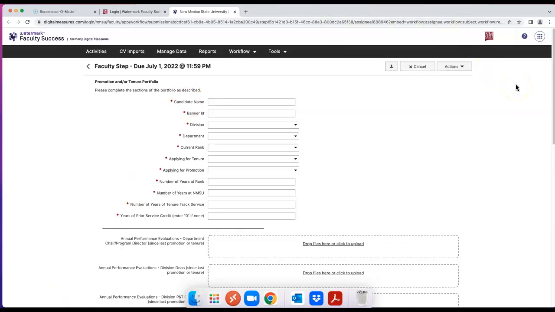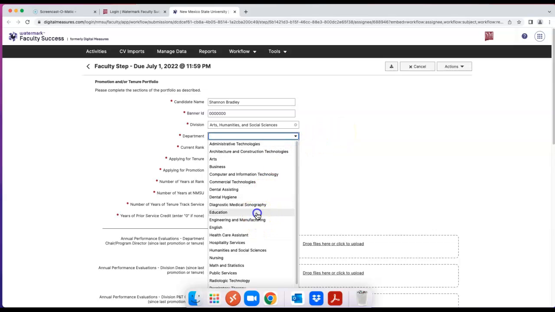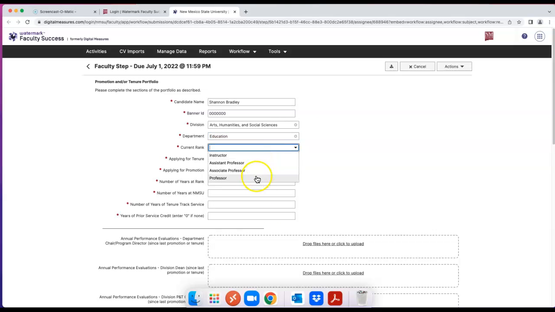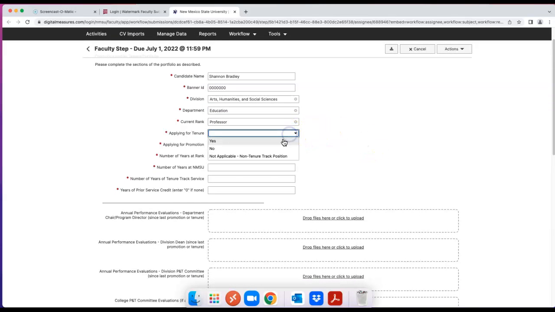Once you're in, you'll see the home screen. You will need to enter your name. You'll enter your Banner ID, the division for which you're submitting your portfolio, your department, your current rank, not the one you're applying for, whether or not you're applying for tenure, so it can be yes or no, whether or not you're applying for promotion, the number of years you've been at your current rank,